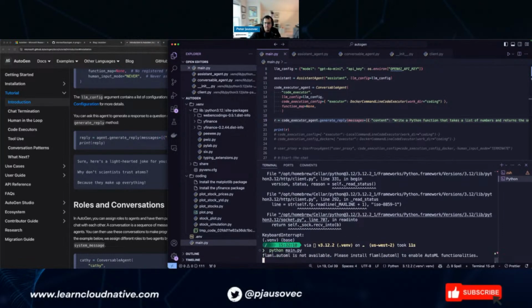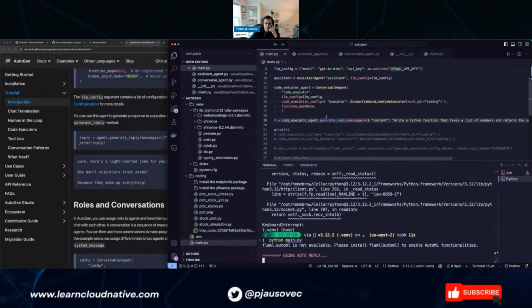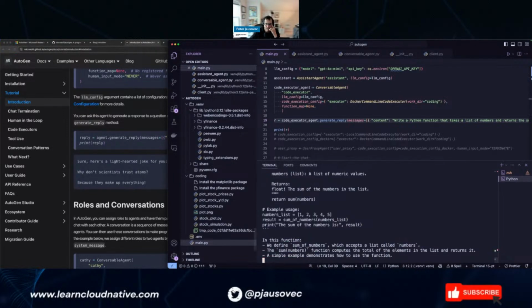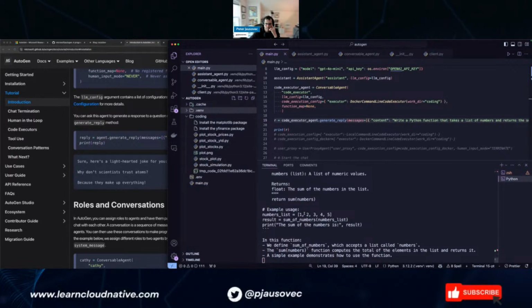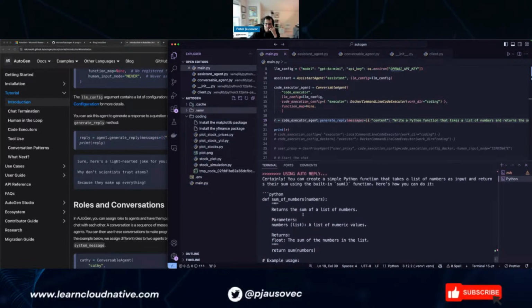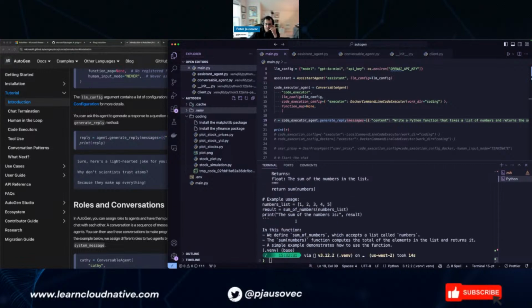I don't know what the difference is, honestly. Oh, there you go. Okay, so I have to do generate reply. Maybe that one is something very specific. Okay, so it created the function. Yep, and then it exited.